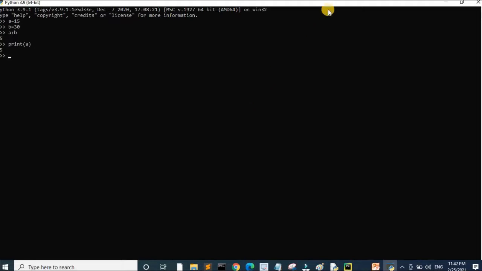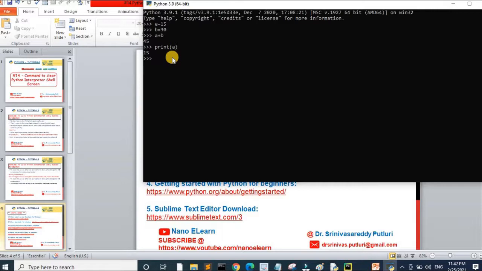So here is the code. Now if we would like to clear this, as I just explained, I need to import the OS library first. Then I'm writing the command os.system of cls command. I'm calling this system call every time. So if I call, you see that the code was cleared.